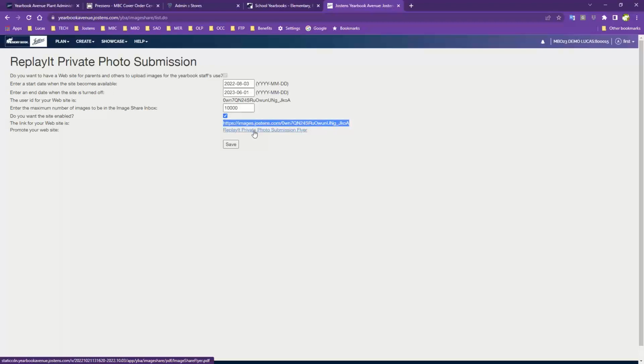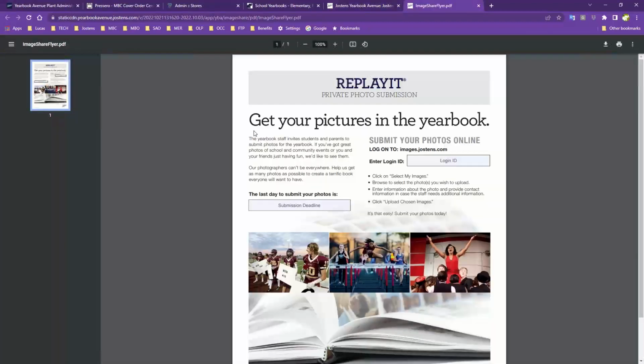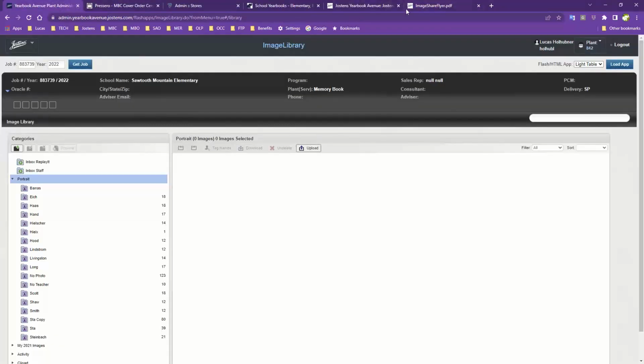You also have a link here for a flyer that you can set up. So another way to go about this is to download this flyer. They have a login to images.jostens.com. You're going to put in, so if I go back to the setup page,